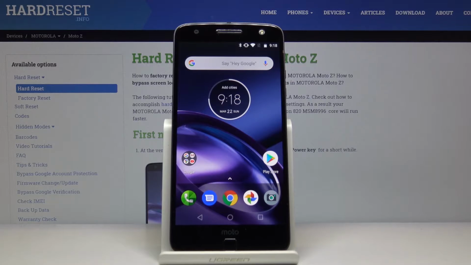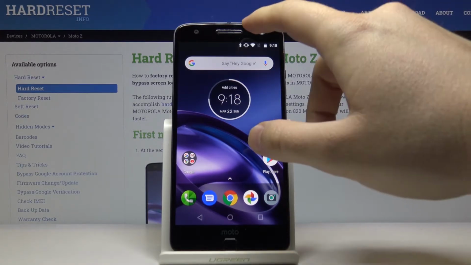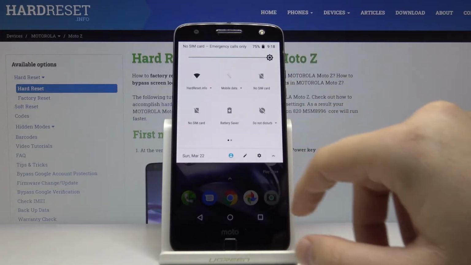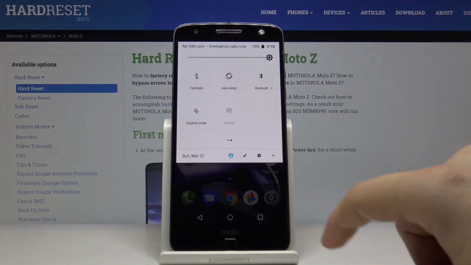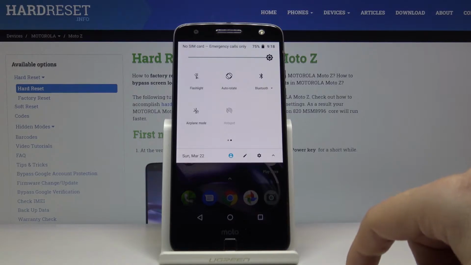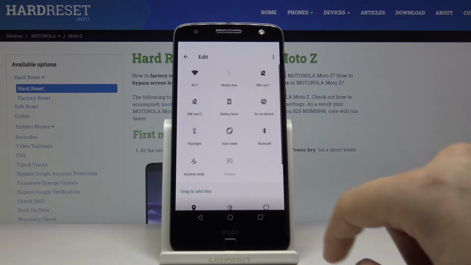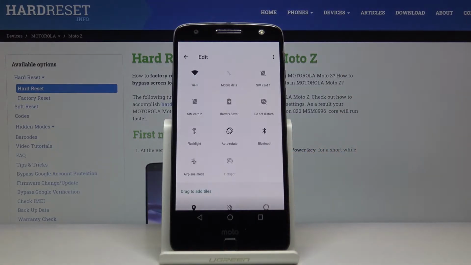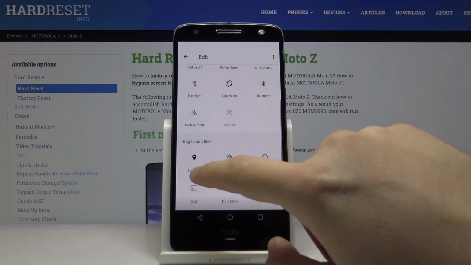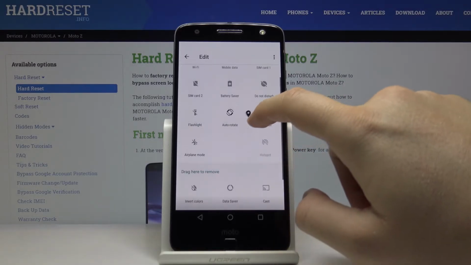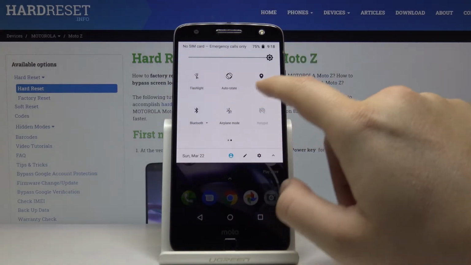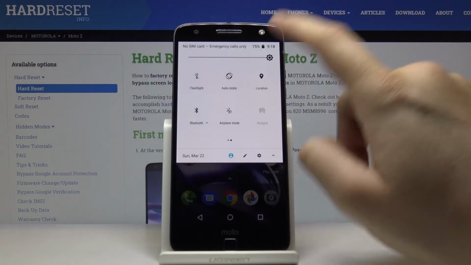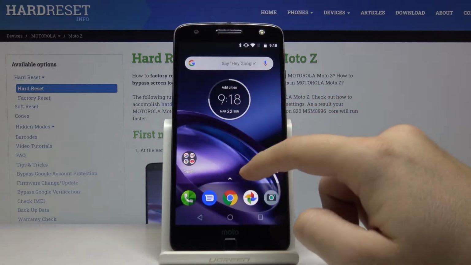Welcome. If you wanna turn off the location on your Motorola Moto Z, let's open the notification bar. Now we have to swipe to the right, and as you can see, we have to add it because currently we don't have the location icon here. So click, hold and drag here, and right now go back. And if you want to turn off the location, click on this icon, but also we can change it from